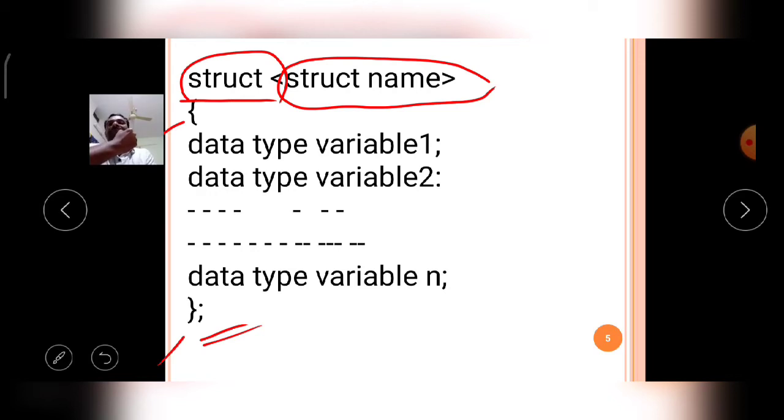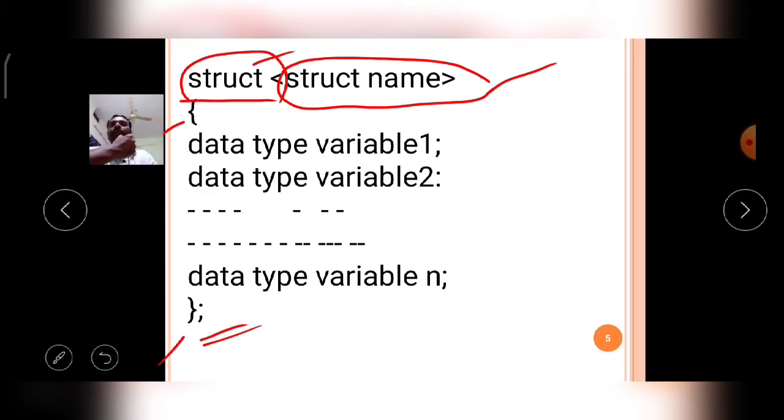Okay, like that. If you understand the syntax, first of all mention the struct keyword, then space, give the name of the structure, then open curly brace and close curly brace, then with the help of a semicolon close the structure.